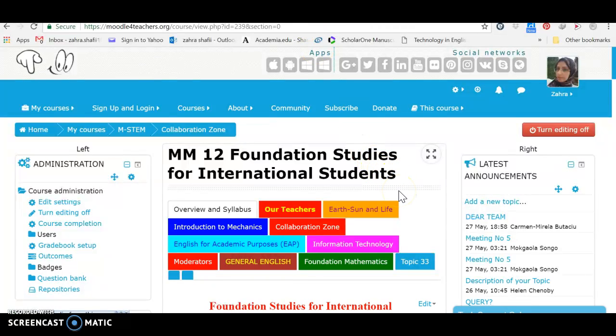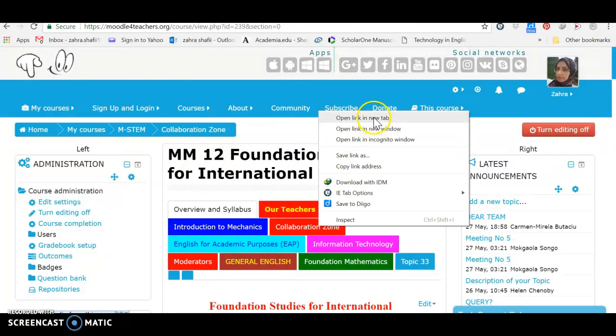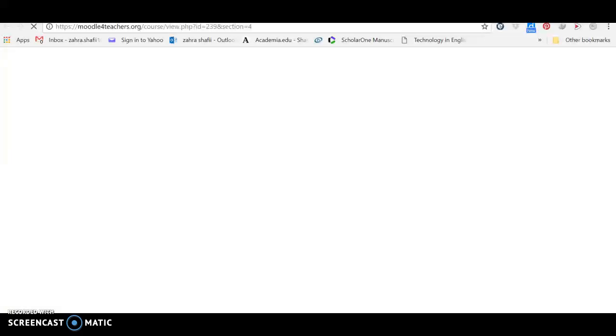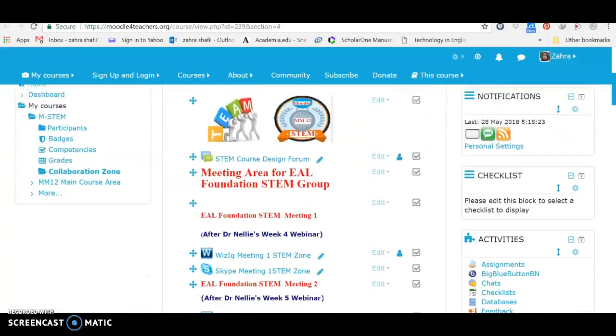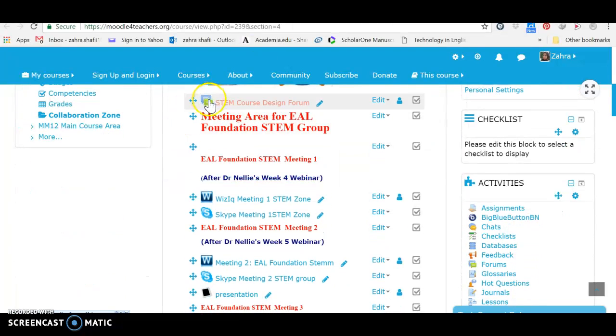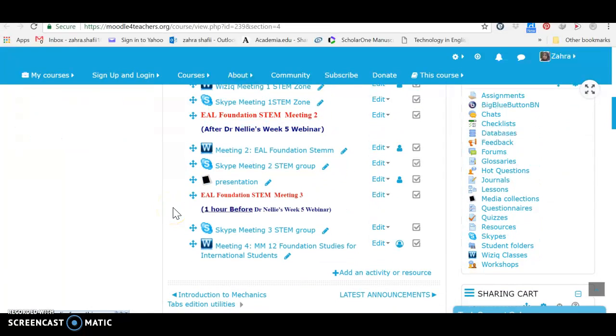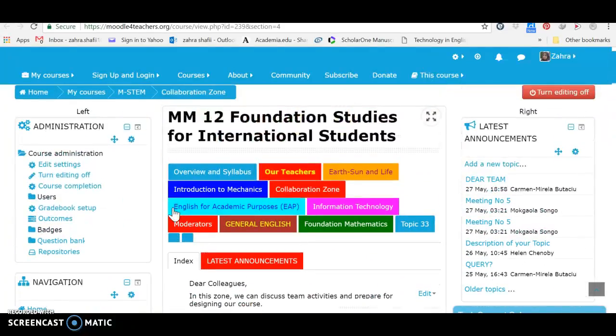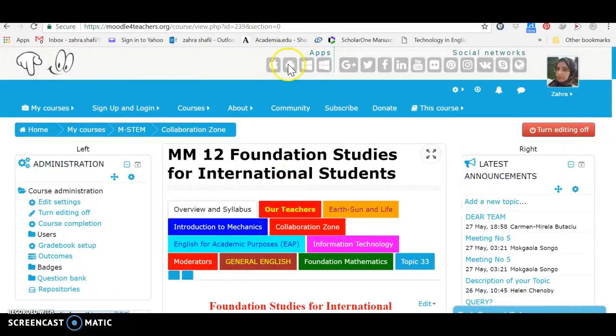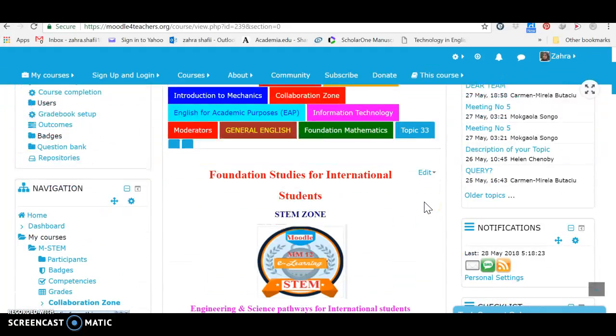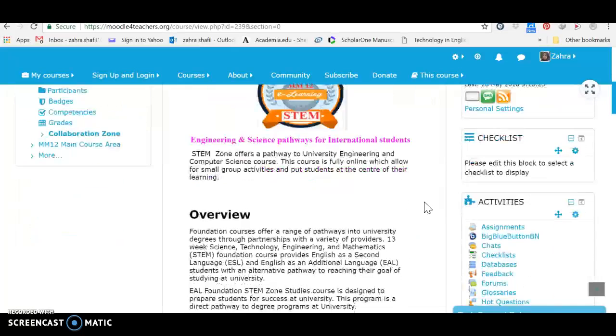I have already explained how we have developed the syllabus and how we have had different meetings online through Skype sessions, through WizIQ sessions, through these forums. And we have already contacted each other a lot and asked for information and discussed different matters. Now the course is almost ready, and as you see the layout of the course, System Course Engineering Science Pathway